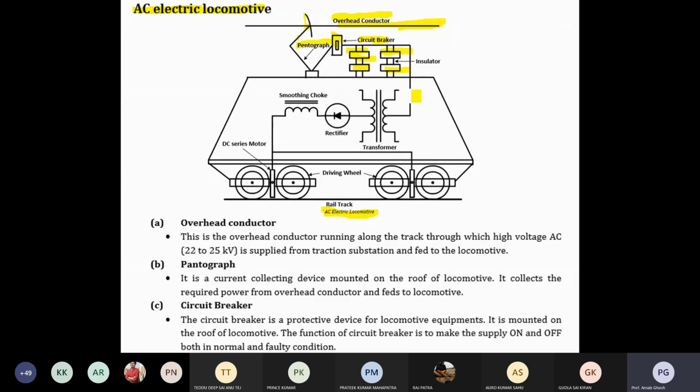of the transformer. In the motor coach, a big transformer is there. If you travel in the EMU, you know that in the motor coach some sound is there, that is the compressor sound, for maintaining the air pressure fixed. So some sound you can observe, you can listen. That sound occurs when the motor is turned on, the compressor that maintains the air pressure fixed. That room consists of this transformer.